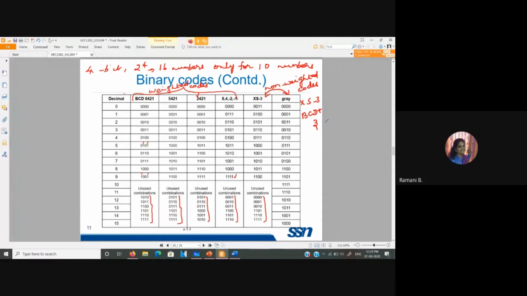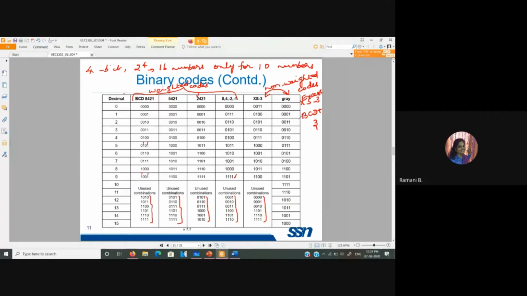Whatever value you give for the 8421 code or the BCD code, you need to add a 3 to it. That's why the name is XS3. XS is just the short form of the word excess, excess 3. So in order to represent 0, we add a 3 to it and give the corresponding value, so 0, 0, 1, 1. And for 9, it is 9 plus 3, 12, so you have 1, 1, 0, 0. That is what is excess 3.